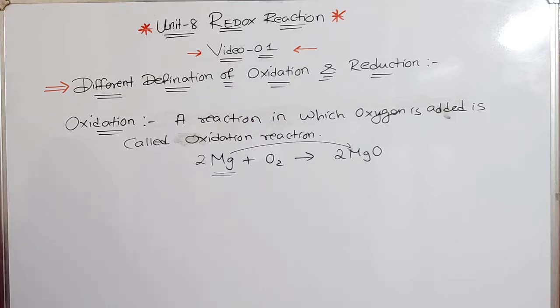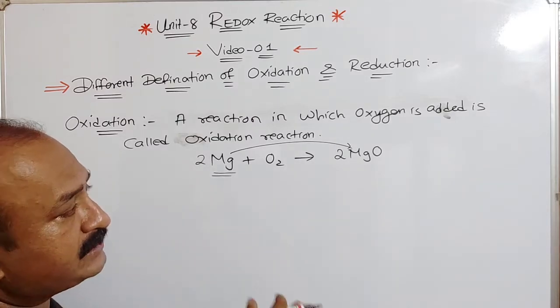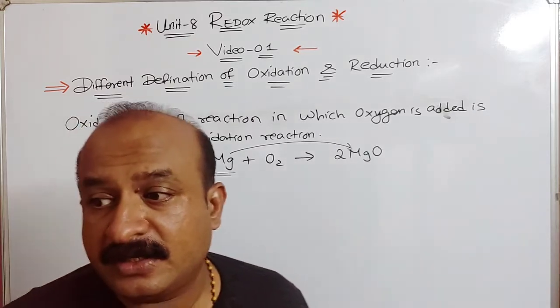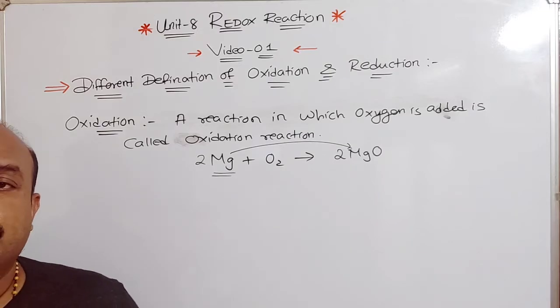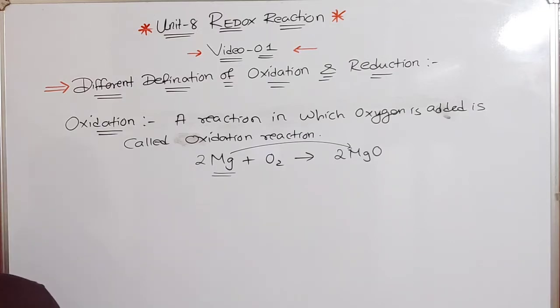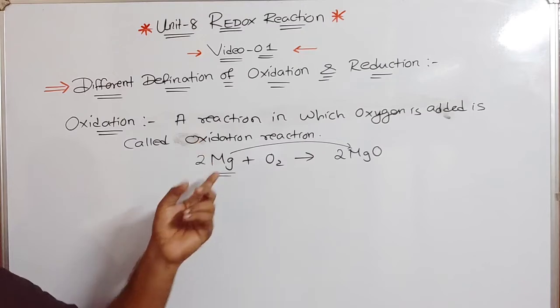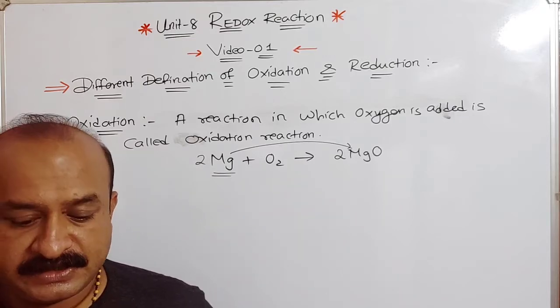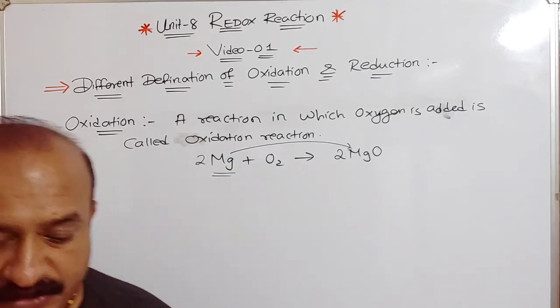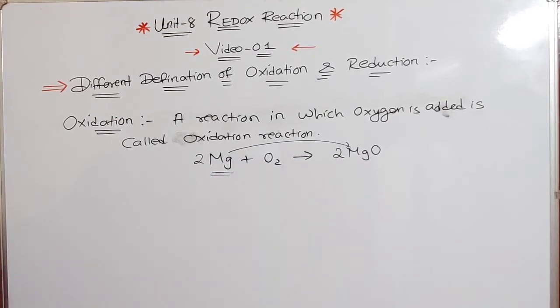Now there are various definitions of oxidation, that is addition of oxygen. Then in your textbook, I think it is given, according to classical concept, it is defined as the addition of oxygen or addition of electronegative element to a substance, or removal of hydrogen or removal of electropositive element from a substance. Now for this, I will give you one nice example so you will understand this one by one. Just a minute.